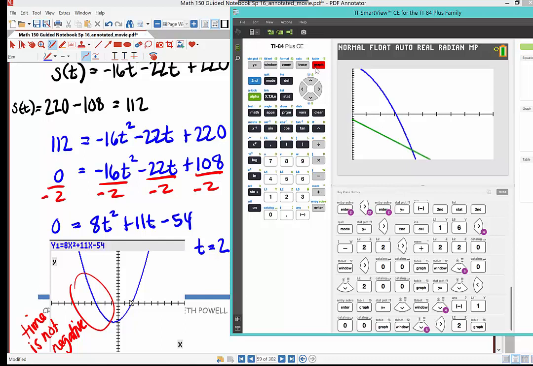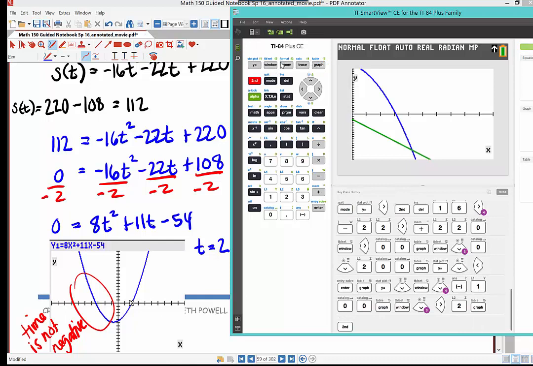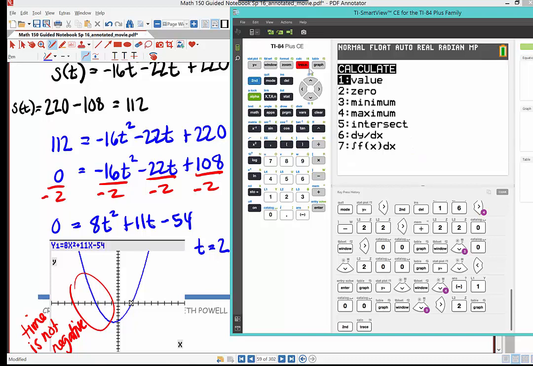There we go. Okay. So here's our graph, and I'm just kind of interested in examining what the zero of the function is. And by the way, we're going beyond our problem right now, which is fine. I just want to scope out what's happening with all this stuff. So if we go to second calculate, zero, enter,